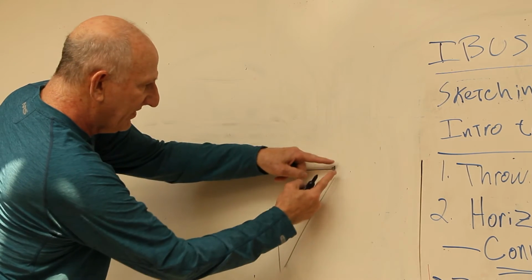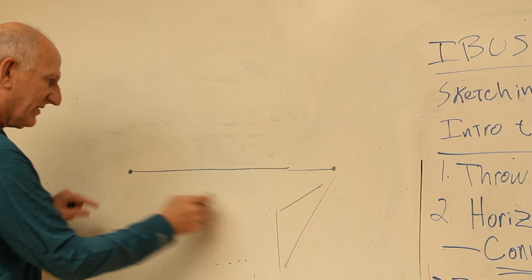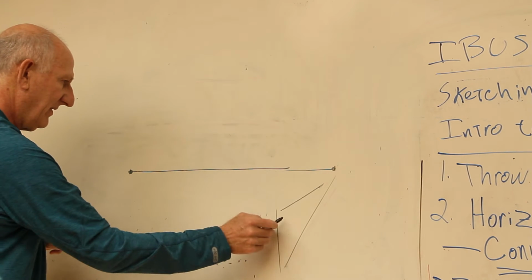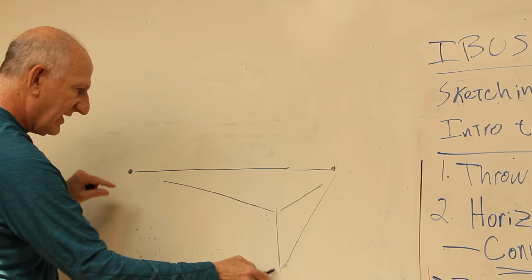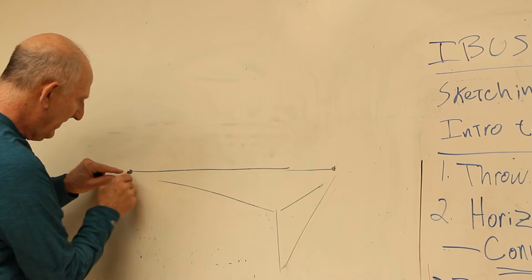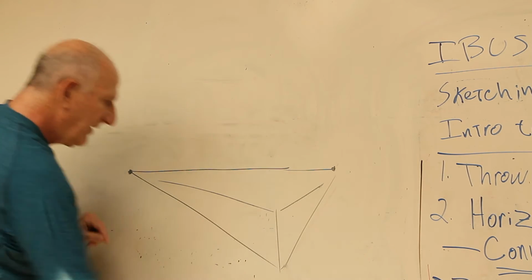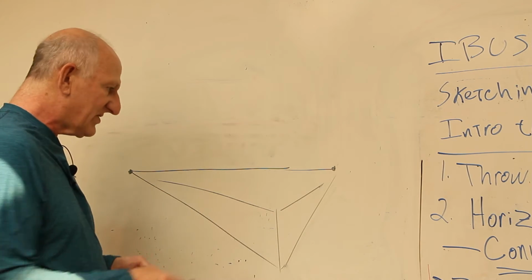These lines are converging to that point. Same over here. I'm going to practice before I put the pen down. Okay, reasonable enough. And then these guys are coming together around here. Okay, and then I'm going to drop a couple more verticals to define the sides of my cube a little